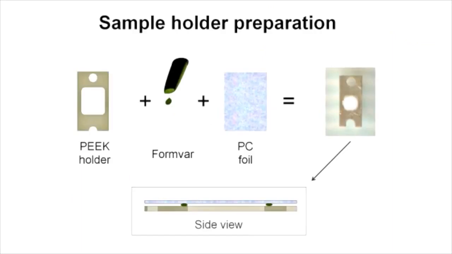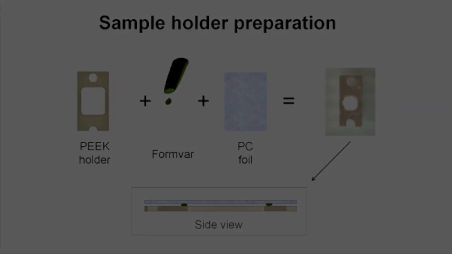For this protocol, a custom sample holder made with the polymer PEEK is needed. It must be suitable for cell culturing and in vitro observations. Cover the holder with 2-micron thick polycarbonate foil. The polycarbonate foil is glued to the